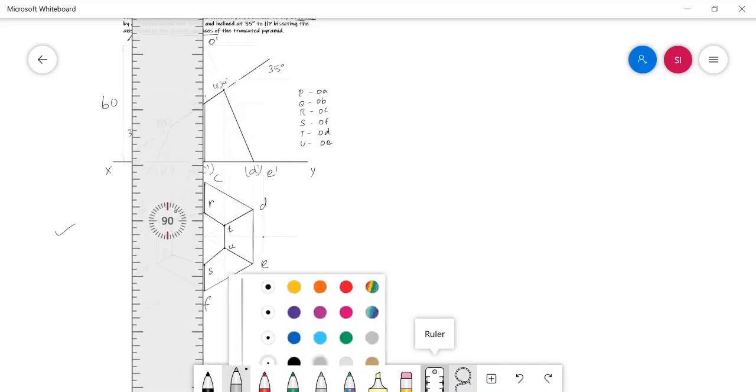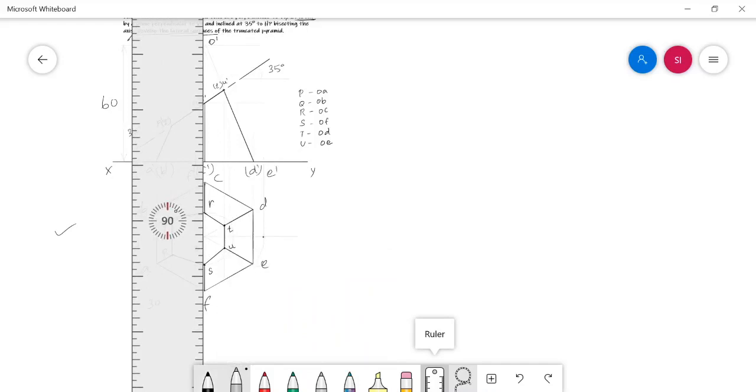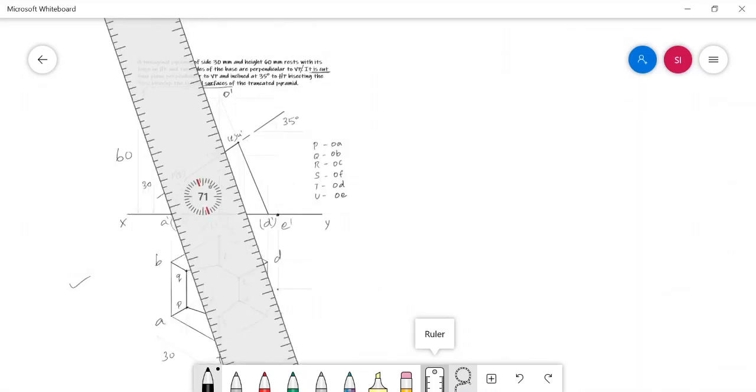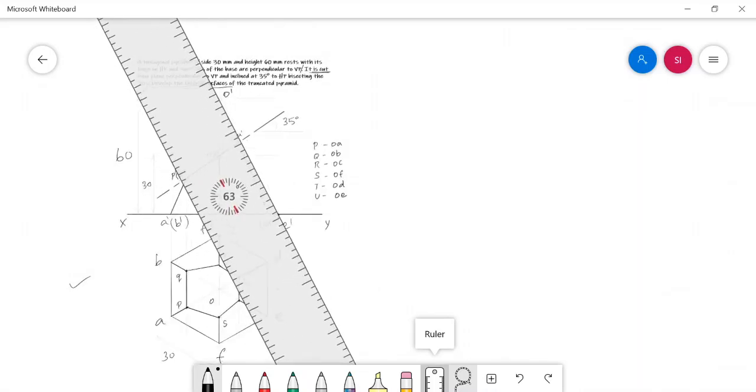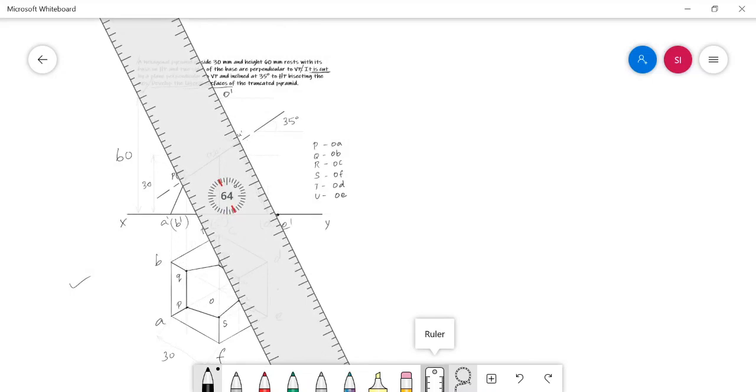This line will intersect the XY at a point. This point should be noted. And from this point, I need to draw a straight line towards the apex point of the solid.